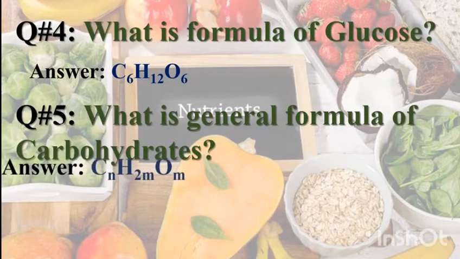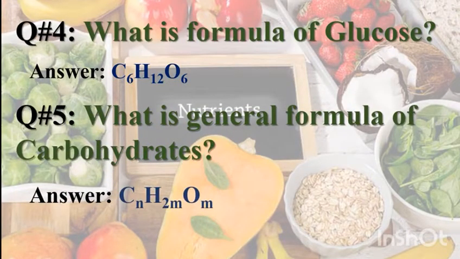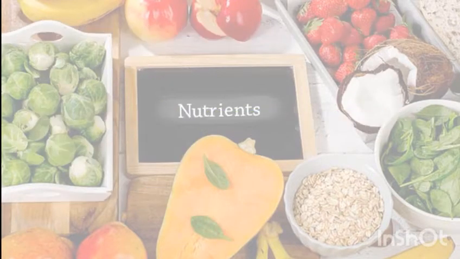So if you talk about the general formula, it's Cn(H2O)m. Right, the number of hydrogens will be double the number of oxygens. For example, if the oxygens are 2, then hydrogens will surely be 4, like 2 times of oxygen. That's why they are written with m. Carbon number can be different from oxygen and hydrogen.